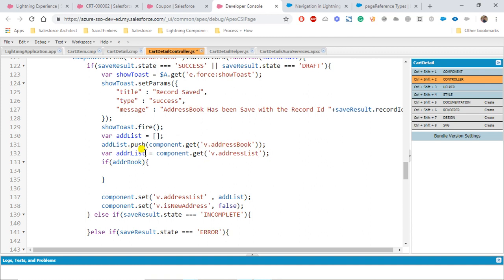Yes, we have address list, then we need to push this component.get without address book inside address list,